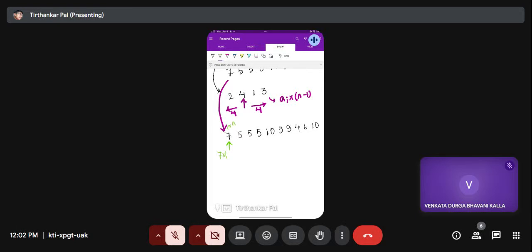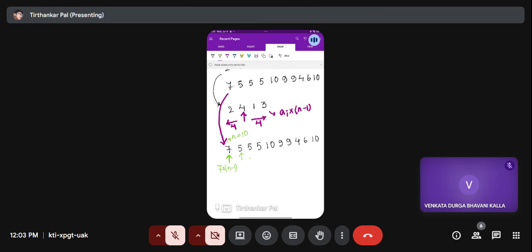The size of the array is n equals 10, so it will be n minus 1. The cost for making everything 7 will be 7 times 9. For making all these elements 5, now there's a twist. If we go by our basic naive approach, the answer will be 5 times (n minus 1), that is 5 times 9,